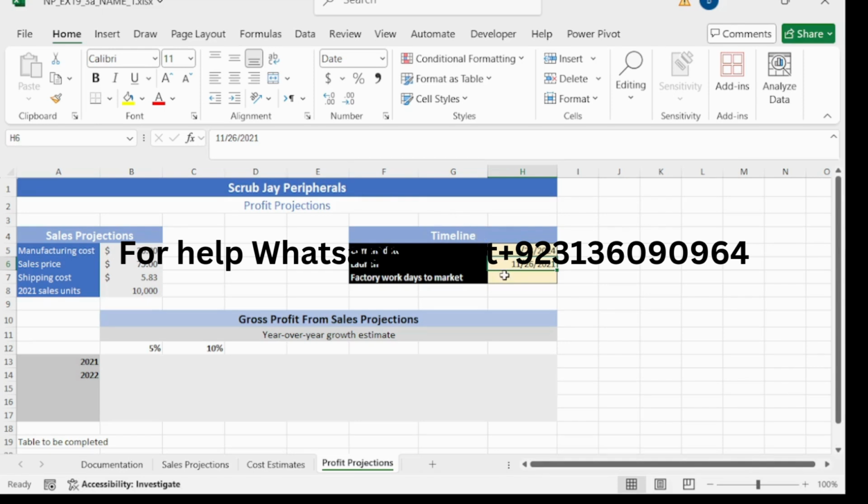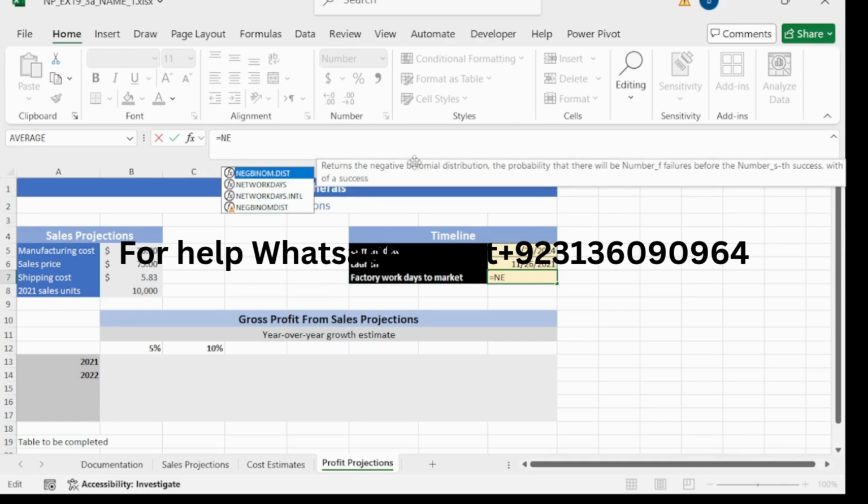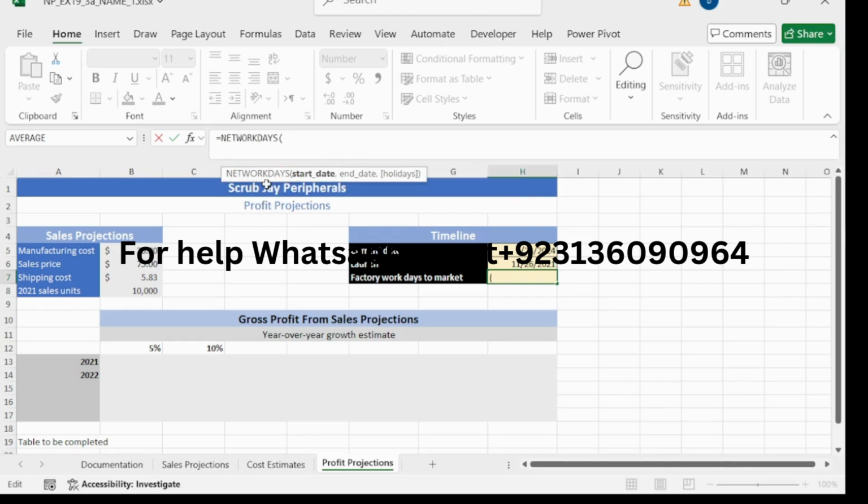In cell H7, this is cell H7. Create a formula using the NETWORKDAYS function. So is equal to NETWORKDAYS, second one. Choose this one, double click on it and then insert function.